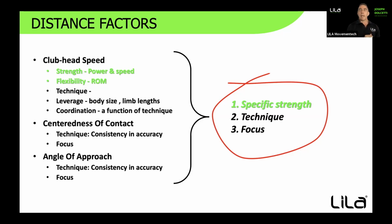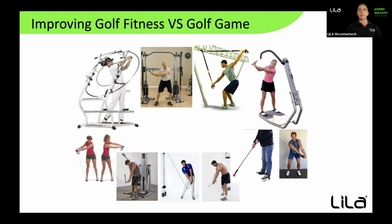So in any skill. And so what we're doing today is we're looking at organic ways to take strengthening and technique and focus and make them stronger together, work together. We can't separate them out anymore. So